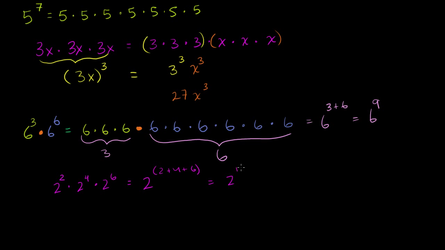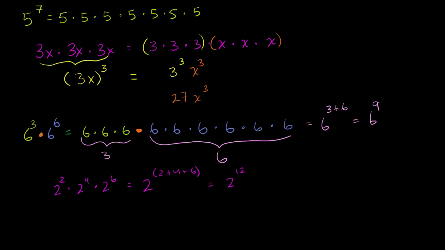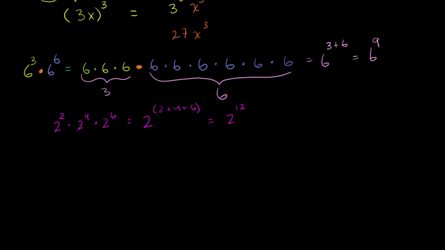to the 12th power. And hopefully that makes sense, because this is going to be 2 times itself 2 times, 2 times itself 4 times, 2 times itself 6 times. So when you multiply them all out, it's going to be 2 times itself 12 times, or 2 to the 12th power. Let's do it in a little bit more abstract way, using some variables, but it's the same